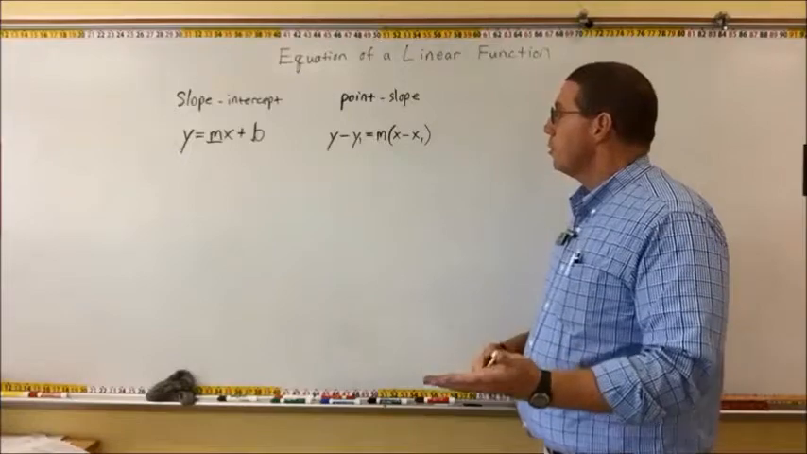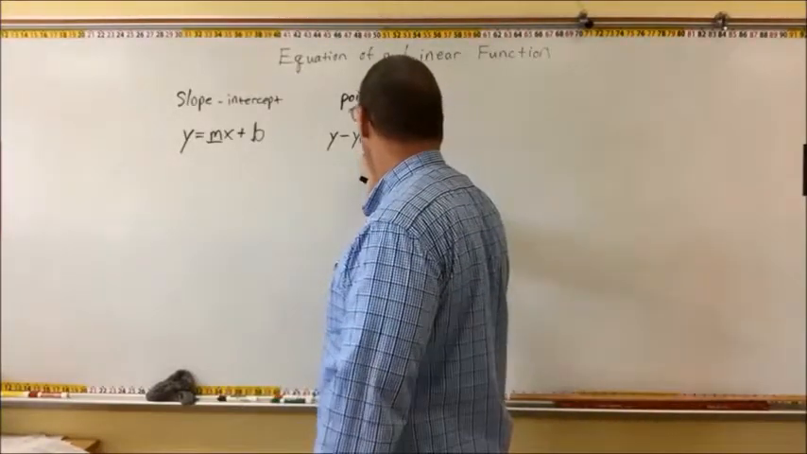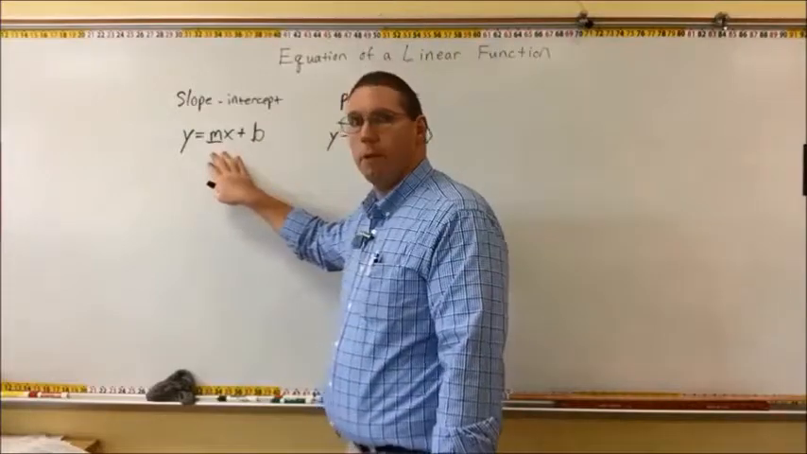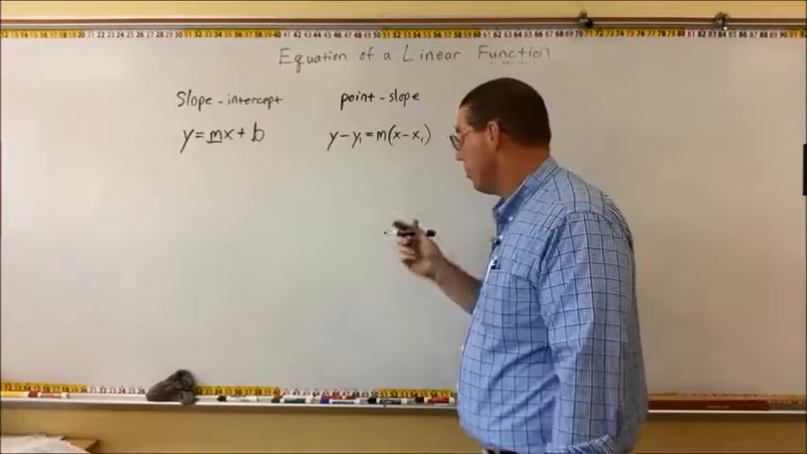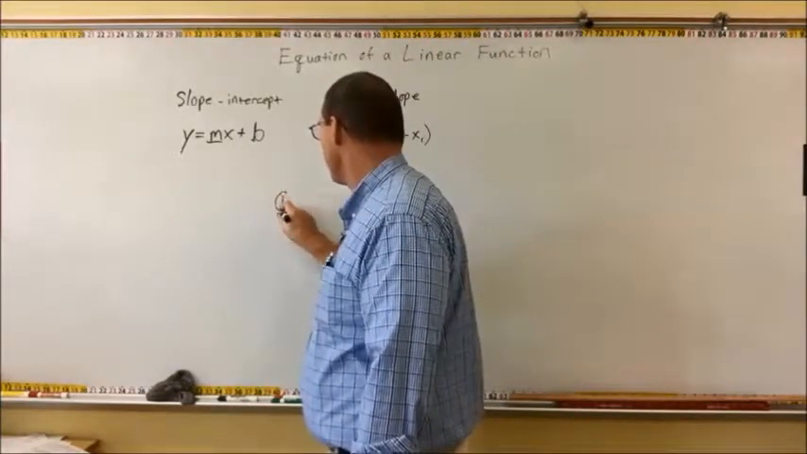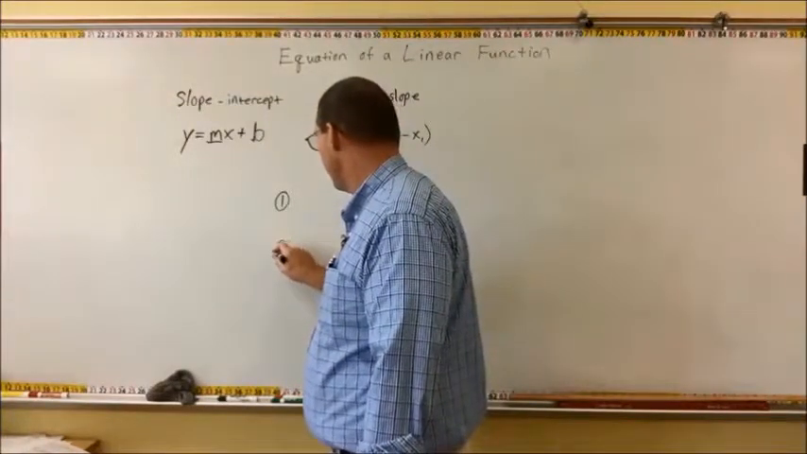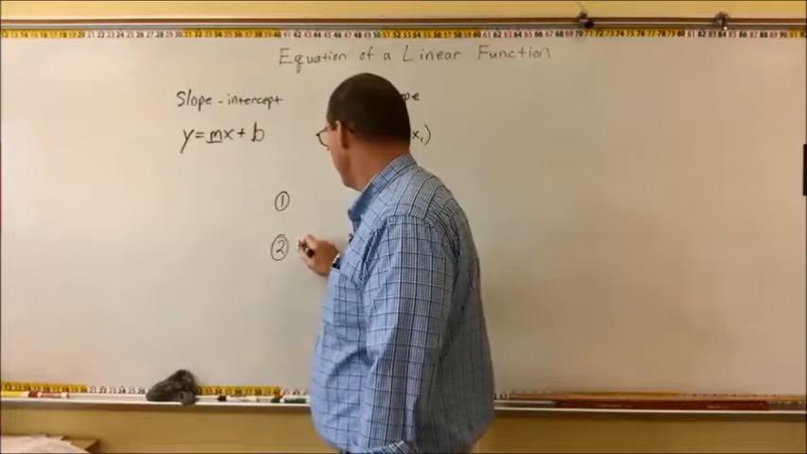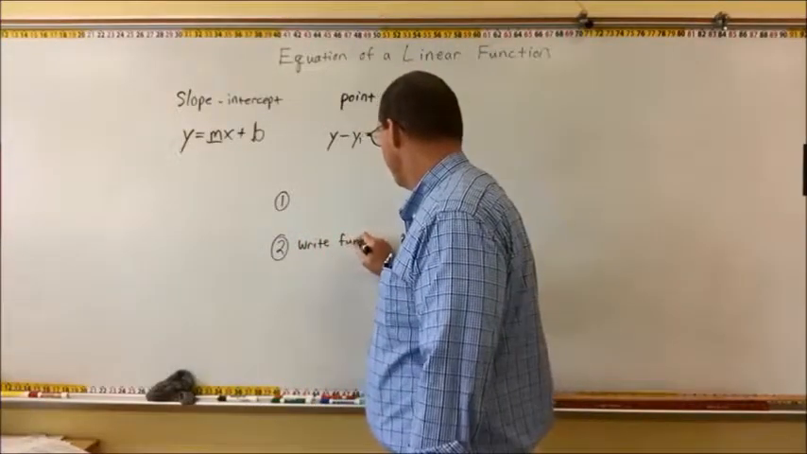One of the things that I want you to know how to do is how to transform from point-slope form to slope-intercept form. Okay? In fact, there's 3 things that I really want you to be able to do. It's a 1, 2, 3, 1. It's a 3-step process. The first thing I want you to be able to do, I'll tell you about that in a minute, okay? The second thing I want you to be able to do is write the function